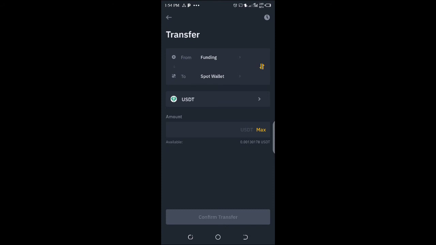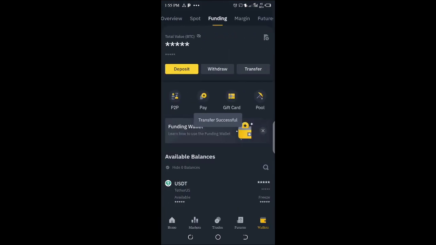After that, you're going to click on the amount you want to transfer to spot, and then go ahead and click on confirm transfer. Here I just have some little fractions of USDT from the last transaction I did, so that is why you are seeing 0.0013 and all the rest of them here. Once you have clicked on max, or you have a certain amount you want to transfer to your spot account, you transfer that amount and then click on confirm transfer, and then the asset will be immediately transferred to